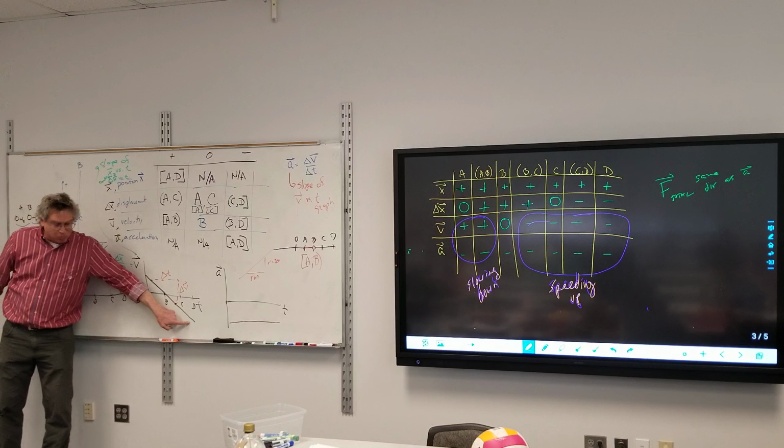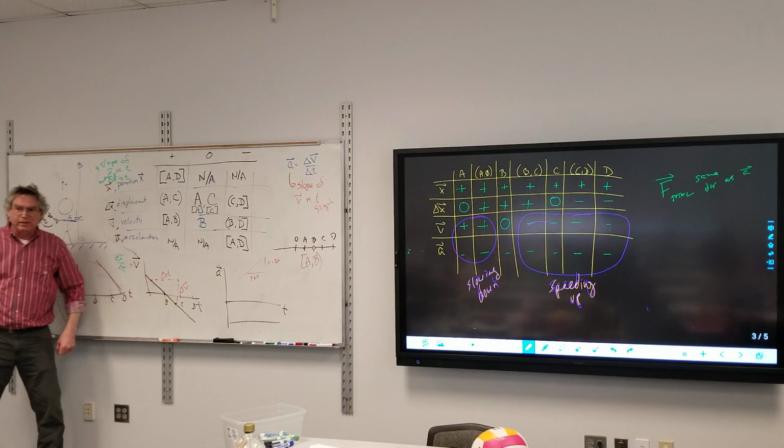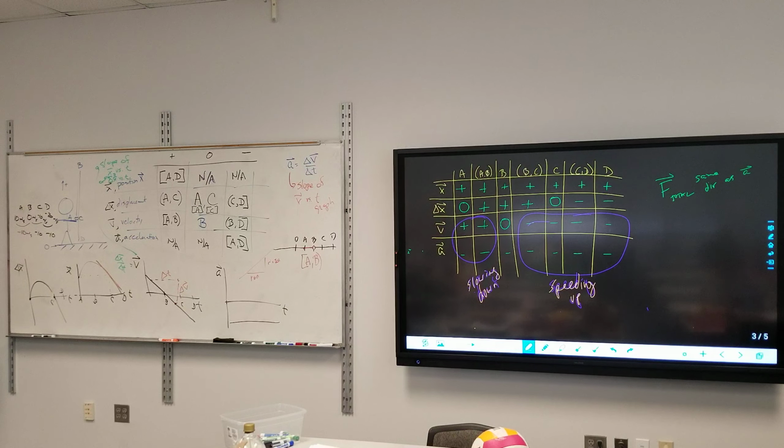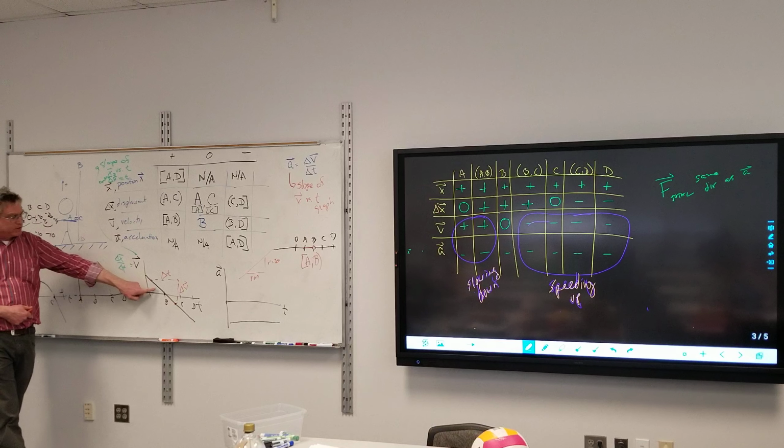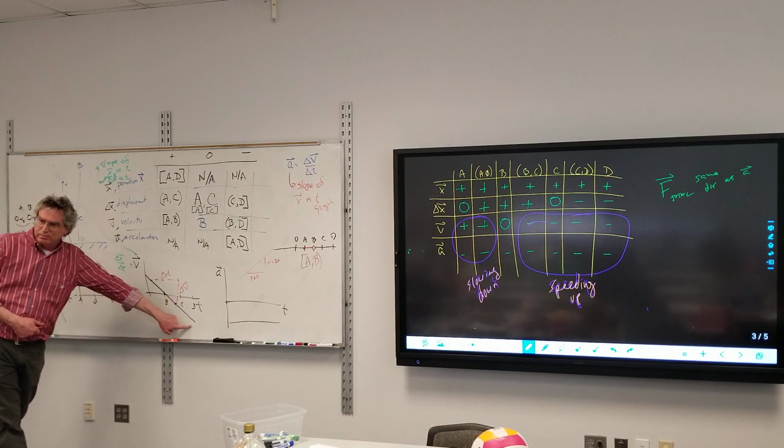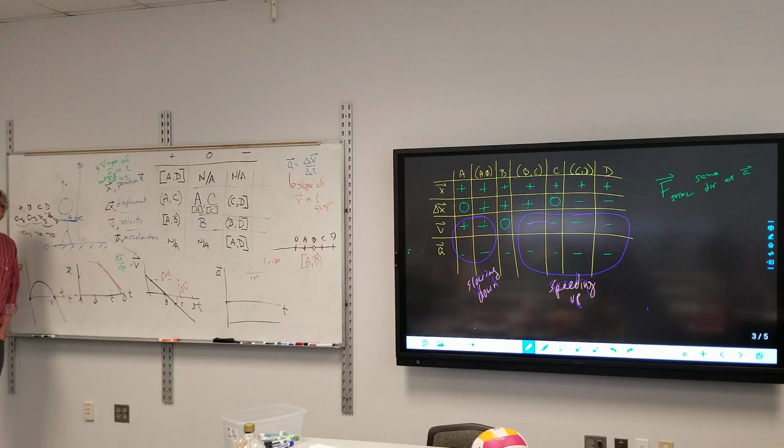My velocity becomes more and more negative. Here, my slope is positive. It becomes less positive, it's zero, then negative. So it becomes positive, becomes less positive, and then becomes negative. It all fits together, so if one part doesn't